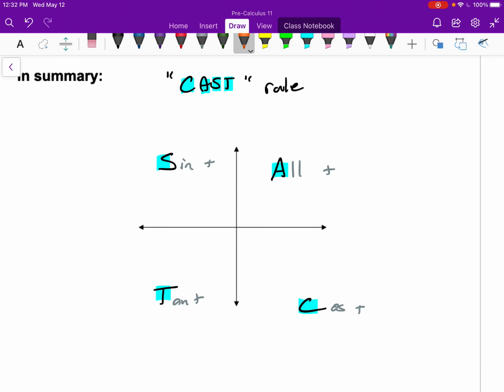And quite often we say stuff like, all students take calculus, which is not true. But if you can, again, anyone can remember 4 letters in this order. But the order does matter. And then we know exactly in any quadrant where our functions are positive or negative. And with that said,